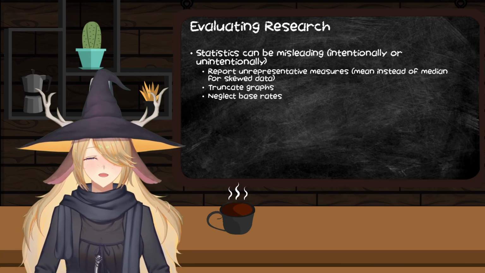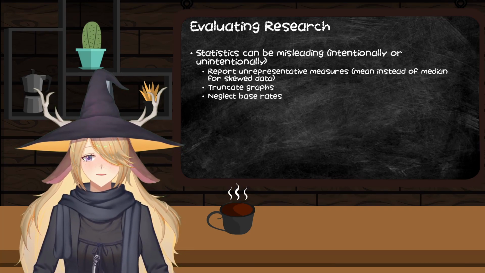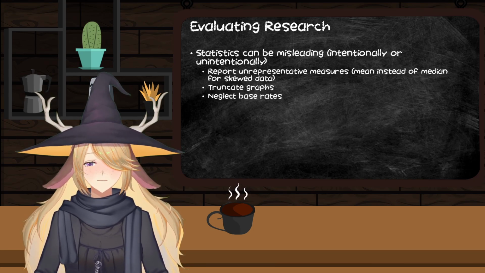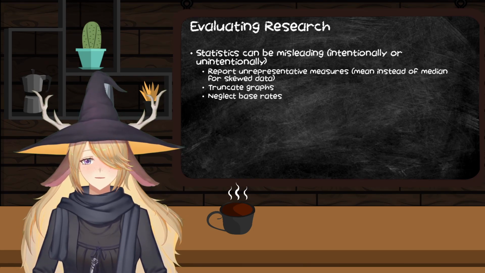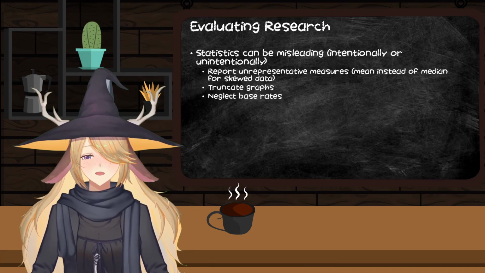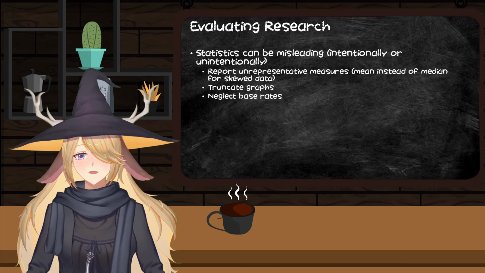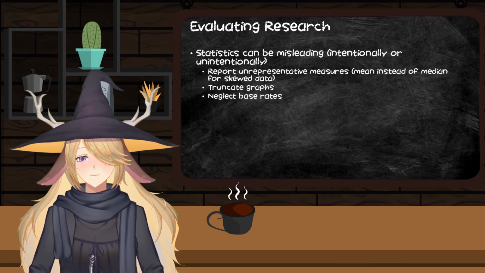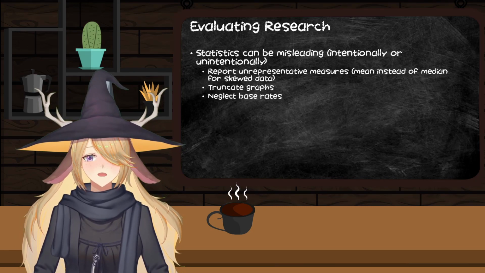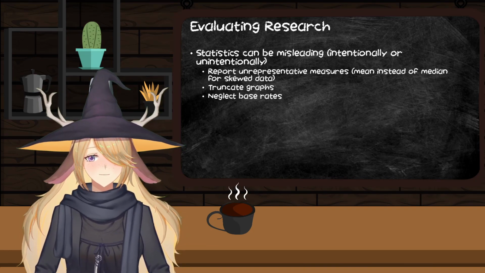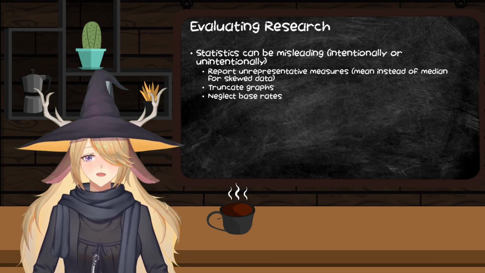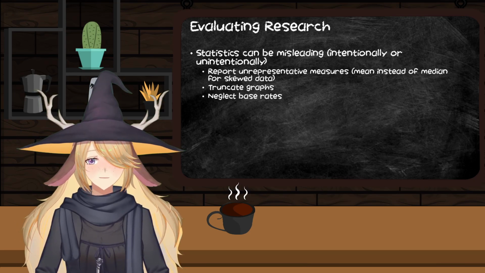Turns out, intentionally or unintentionally, statistics can be very misleading. Lies, damn lies, statistics, and statistics that are being taught to you by VTubers. If you start to see that people are using skewed data or data that you know to be skewed, like income, another big one again being Twitch viewership, and they are using means, there might be a particular narrative they're trying to push because the median would actually be the more appropriate measure.